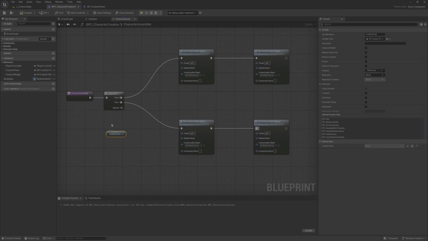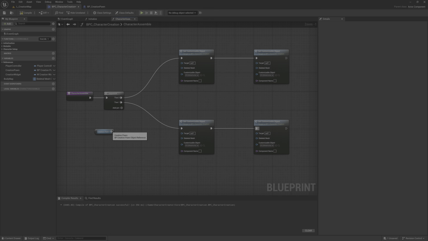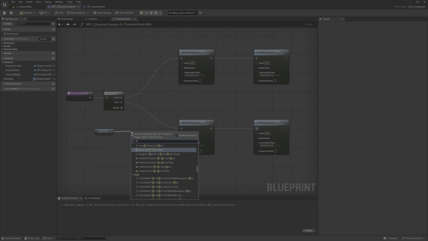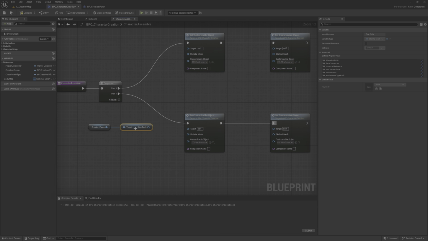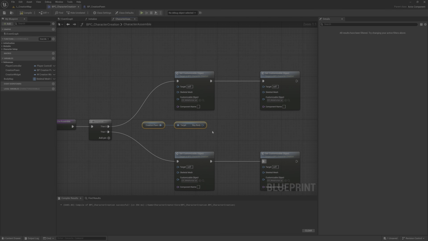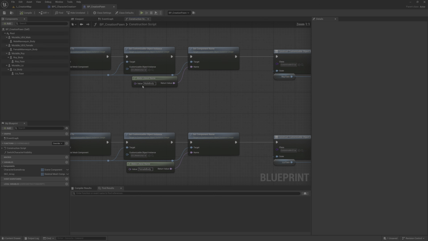So we don't need to do a valid check for this, and we'll search for Roy body. This is the skeletal mesh, and the name was male body.